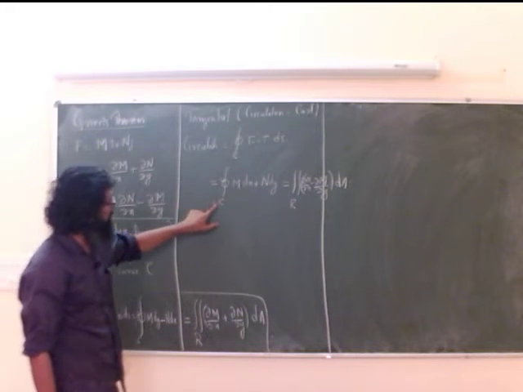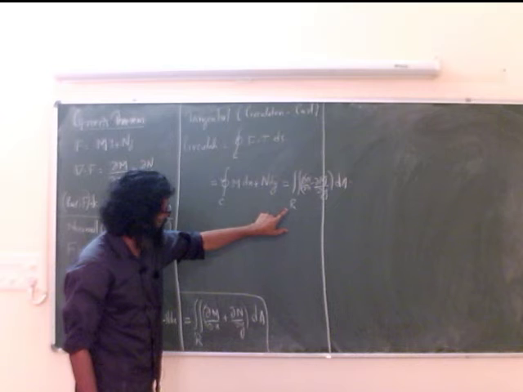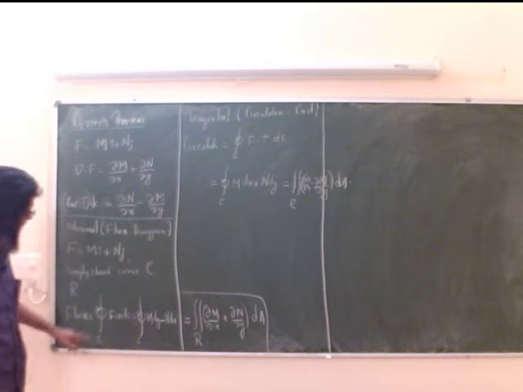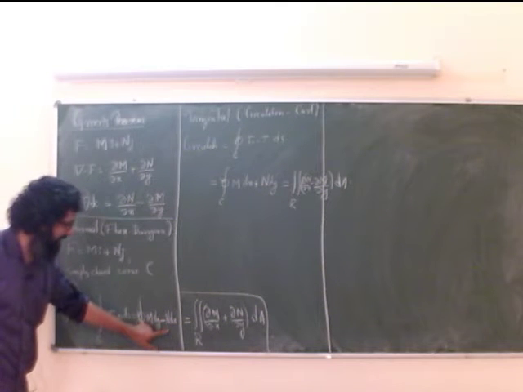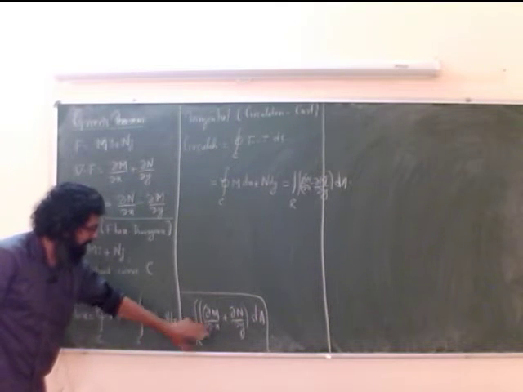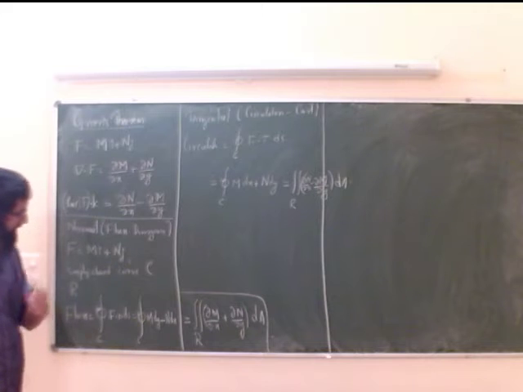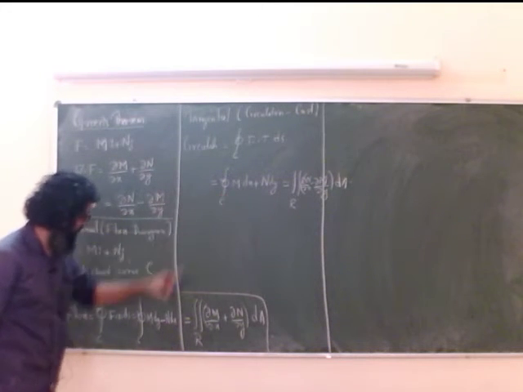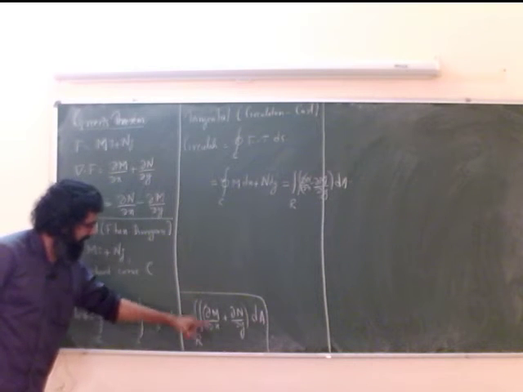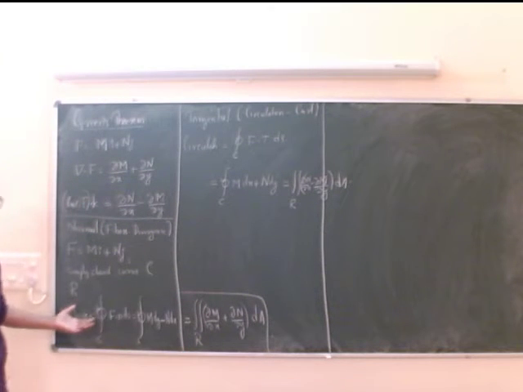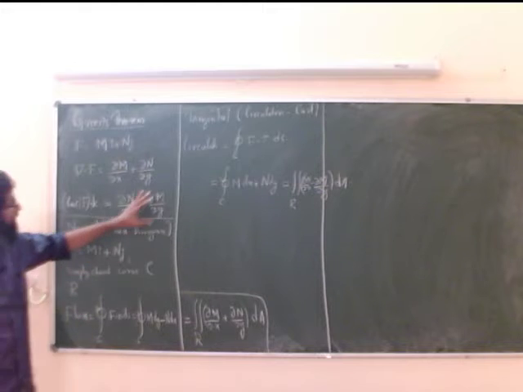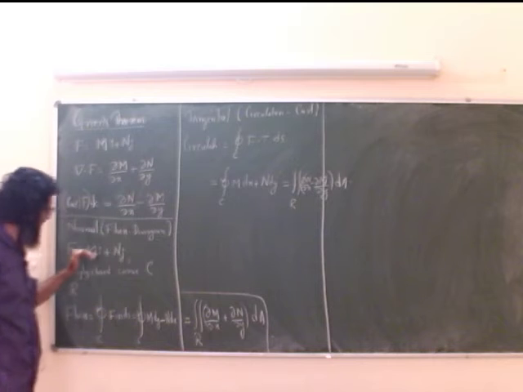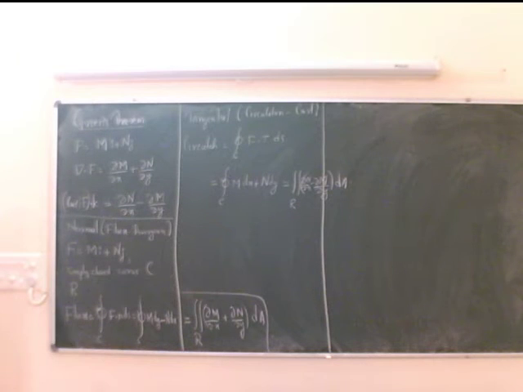Integral over C M dx plus N dy is equal to double integral over R ∂N/∂x minus ∂M/∂y, and integral over C M dy minus N dx is equal to double integral over R ∂M/∂x plus ∂N/∂y dA. I can make use of Green's theorem to evaluate an integral of this form or this form by means of a double integral, or sometimes I have to verify both are the same for a vector field over a curve C. So let us do an example.